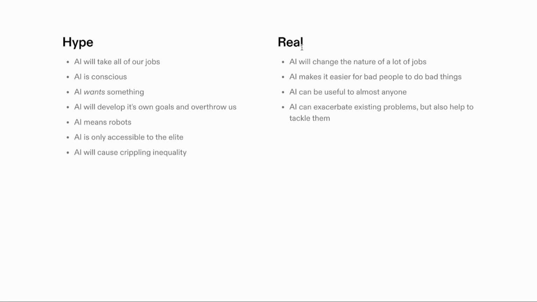So anyway, what's real? What's real is that AI will change the nature of a lot of jobs. A lot of jobs are shifting in their priorities of what you actually have to do on a day-to-day basis, because a lot of those things can now be done or assisted by AI. I think programming is my favorite example. As a software developer, you used to have to spend a lot of time thinking about, okay, what's the step-by-step algorithm for how I compute this thing? Nowadays, AI can write that code for you. And your job now shifts to being much more focused on what's the business logic that I need to implement behind this?